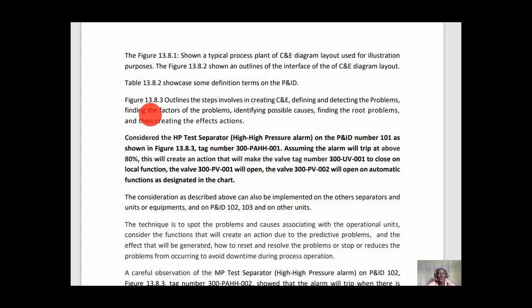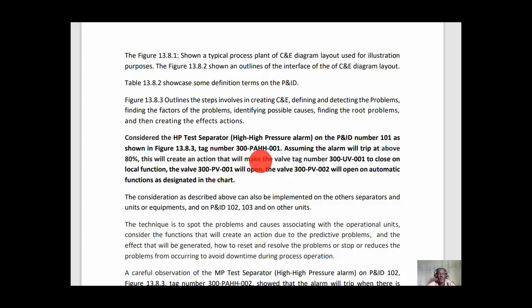Figure 30.8.3 outlines the steps involved in creating a C&E diagram: defining and detecting problems, finding the factors of the problem, identifying possible causes, finding the root problem, and then creating the effect action. Consider the high pressure test separator on high pressure alarm on P&ID number 101, as shown in figure 30.8.3,